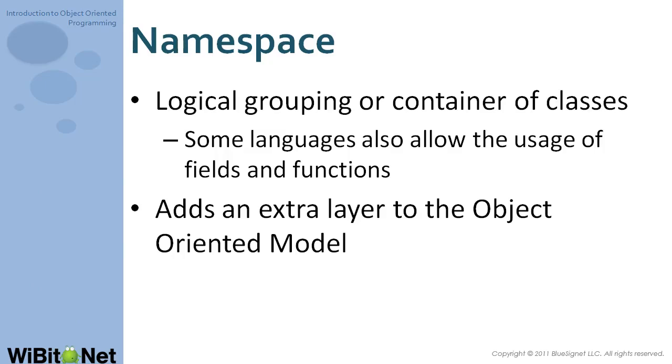So it's a way to refer to... we talked about before, we can make our own little ecosystems of classes and stuff. Yeah. A namespace is really defining a little ecosystem of classes. It's just a logical grouping of classes to keep organization. Some languages also allow the usage of fields and functions too. It adds an extra layer to the object-oriented model and helps for categorization, organization, and keeping